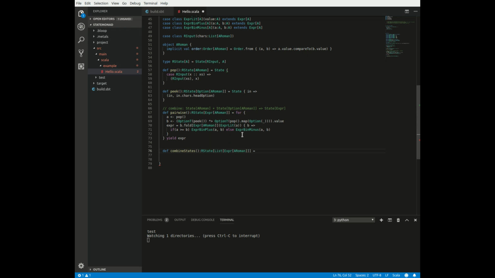and whenever we compose monads, we use for comprehension. So that means here we have our pairwise expression, and then we need to look at the current state. So it means state get, and then we construct our expression list. So this will be a recursive function. Expression list, and here we will see that if our state